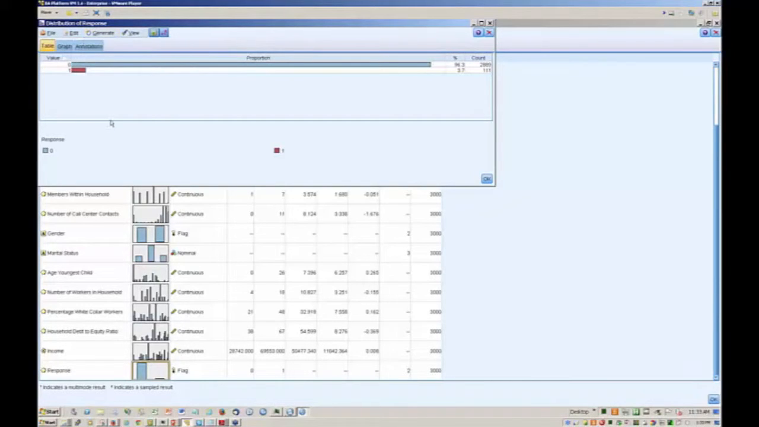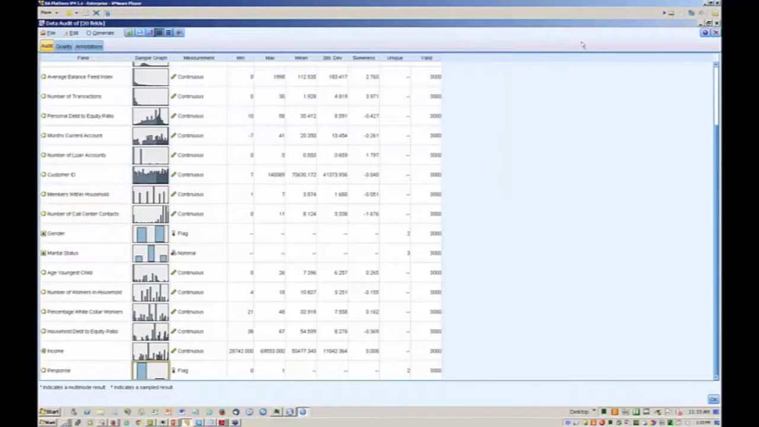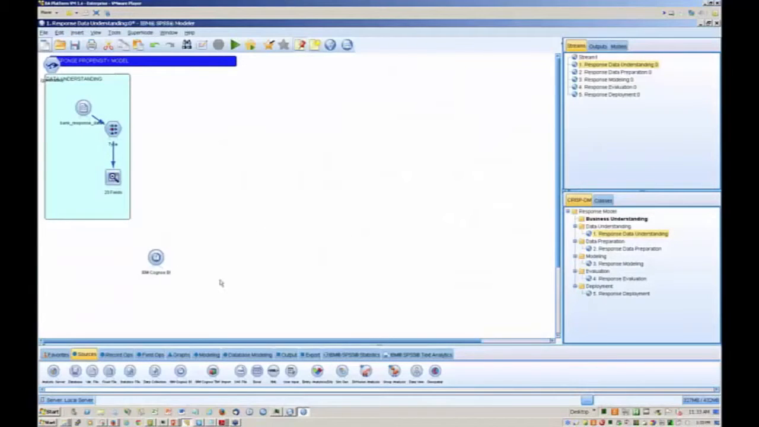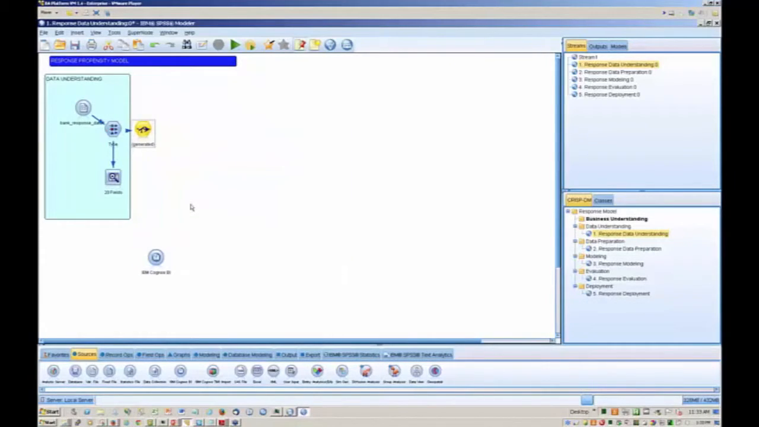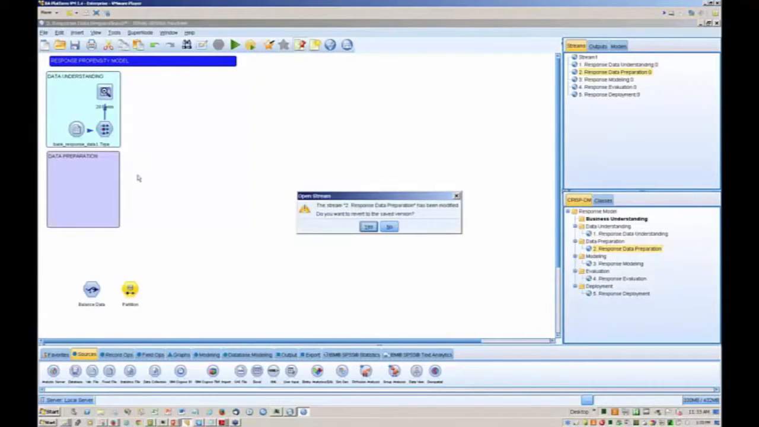So I'm going to generate a new node called a balance node. We'll close that, and I have this new balance node that has appeared here. And that calculates that for every non-response, it's going to oversample the responders by a factor of 26, and that will result in an approximate 50-50 distribution of responders to non-responders. Pretty straightforward. As a best practice,